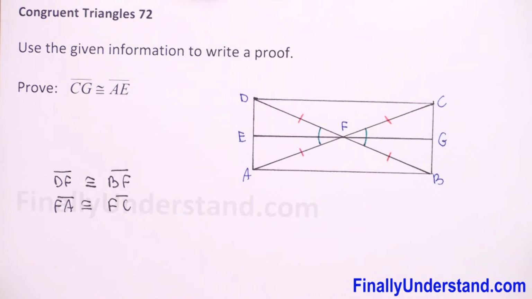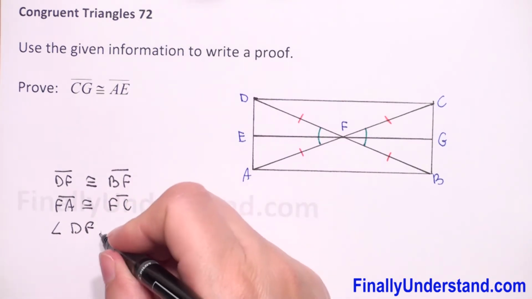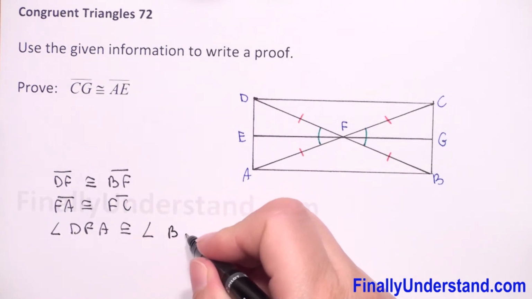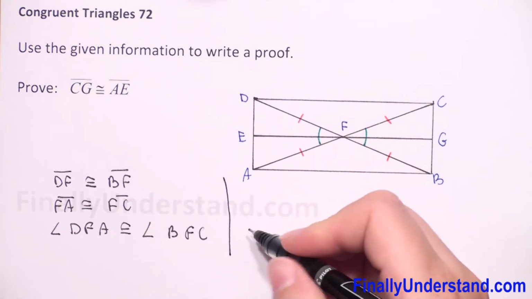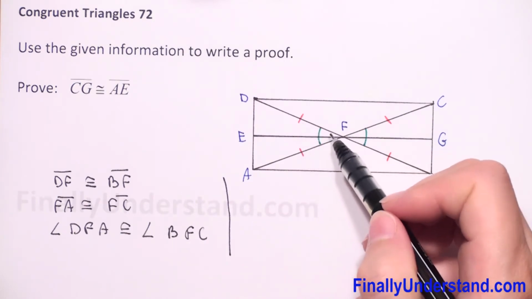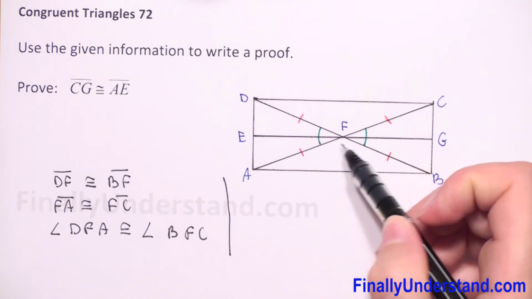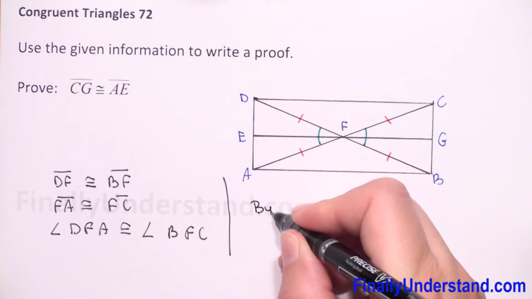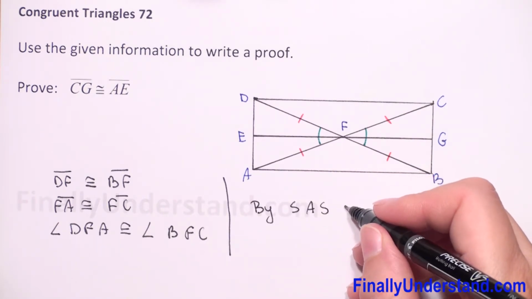So we can write that angle DFA is congruent to angle BFC. Now we have two sides and the angles between these two sides which are congruent, so by the side angle side congruence postulate,